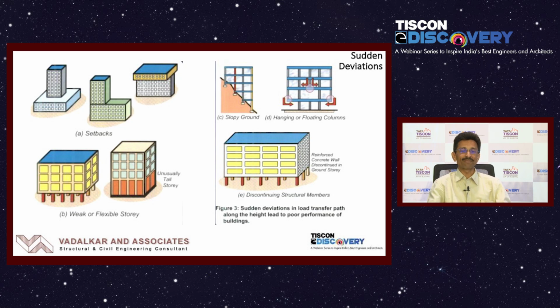Or if the building is planned on a slope like this, then also you have some kind of problem. Or you have floating types of columns. The new code also says that it is not desirable to have floating columns in the system for resisting lateral loads. So this should be avoided as far as possible in planning. And this has again been proved by all the past earthquakes: if you have this type of short story effect in the structure, then there is devastating damage during the earthquake event. So we have to be very, very careful in planning and designing these types of structures.